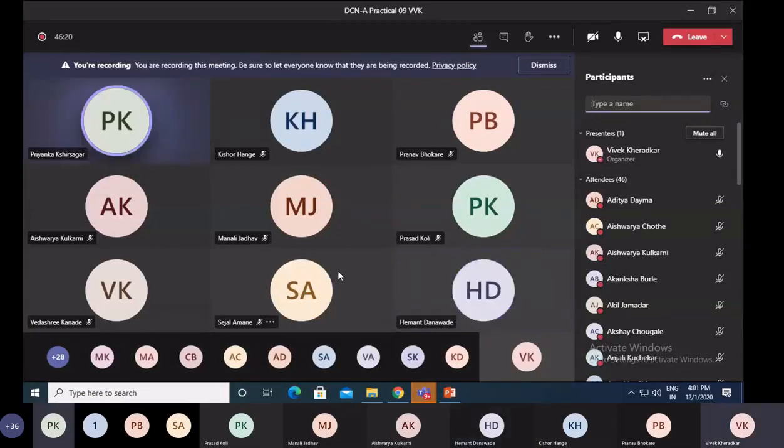Then we have to find n. So how to get n, Priyanka? In the format x dot y dot z dot t slash n, the part after the slash represents your n value, right?